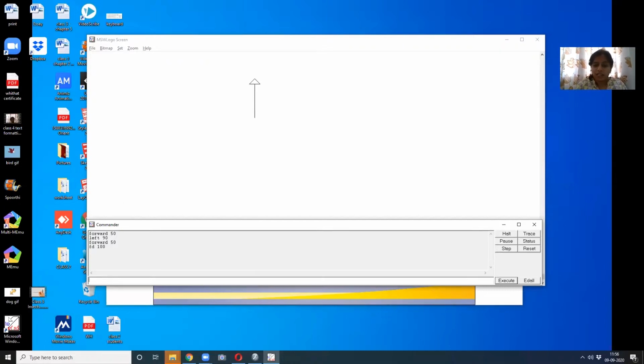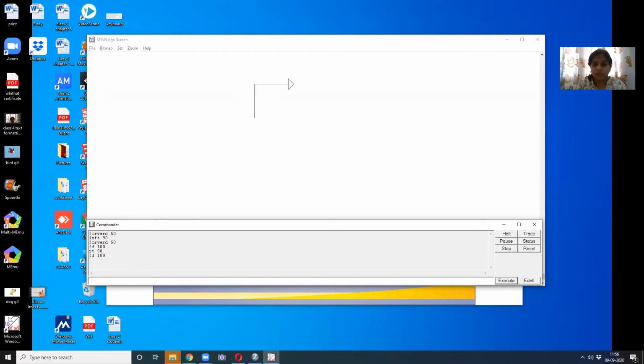So it went. I'll ask it to take a right turn. RT. How many degrees? Children, you should know a little bit of mathematics, angles, like how much it should turn. Right turn 90 degrees or 45 degrees or 50 degrees, all those things. Now right turn 90 degrees. It turned completely right. 90 degrees is like your 3 o'clock, right? And then forward again, forward 100.